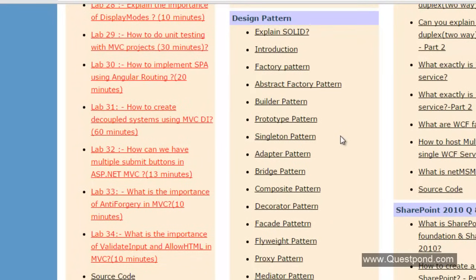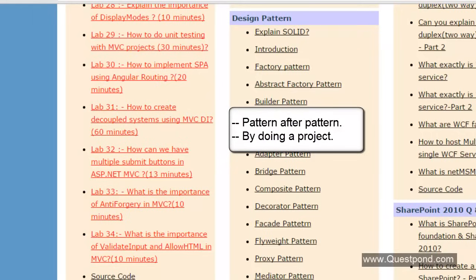Now there are two ways of learning design patterns. One is if you are a person who wants to go concept by concept, code by code, then here it is. You can see that you log into your Quest1vd account and see this section step by step like this. And the other way is by doing a project. Take up a project, start coding, and let the design patterns fall naturally along the way.